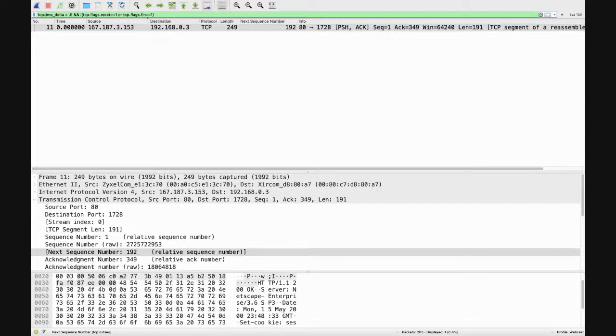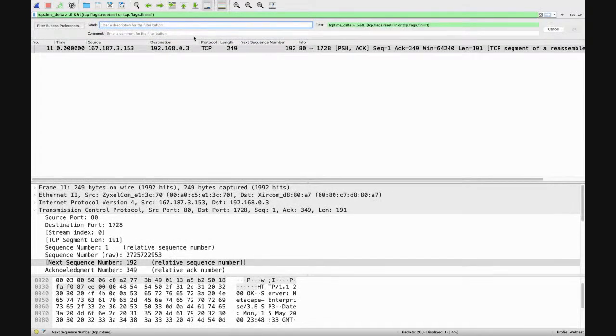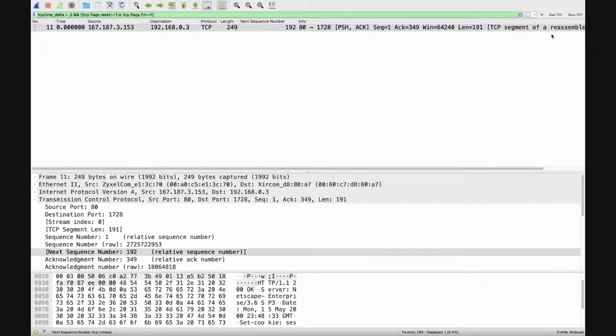Show me where my TCP response time was more than half a second, and I could come in here and say add that as a filter. We could call this slow TCP. I'll hit OK. So now I've created another canned filter up there. This allows me to more quickly go through my trace files and start finding out where there are problems.